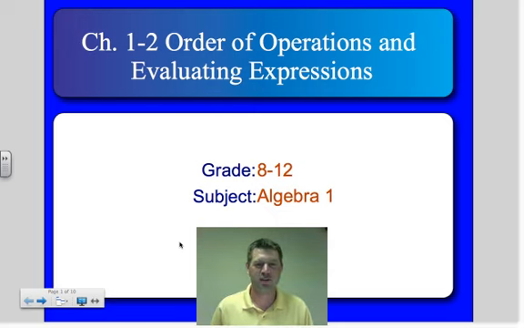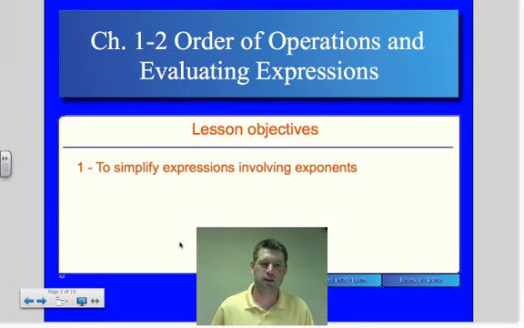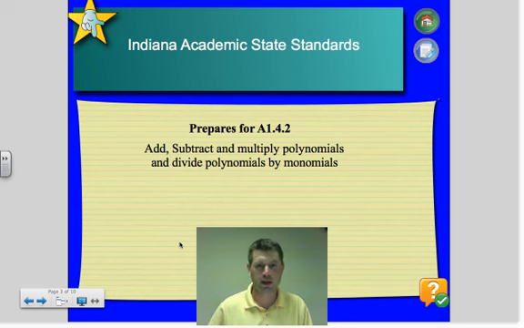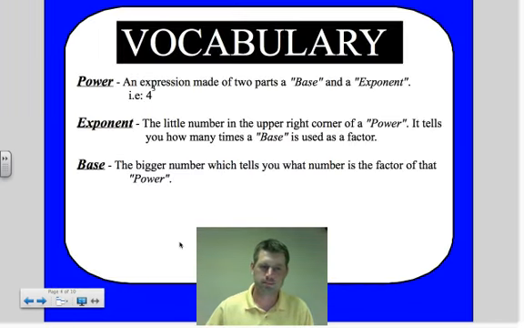Okay, well today we're going to be talking about Chapter 1-2, Order of Operations and Evaluating Expressions. The lesson objective for today is to simplify expressions involving exponents. And we're still on the academic standard of preparing for A1.4.2. Some vocabulary to look at to start today is the